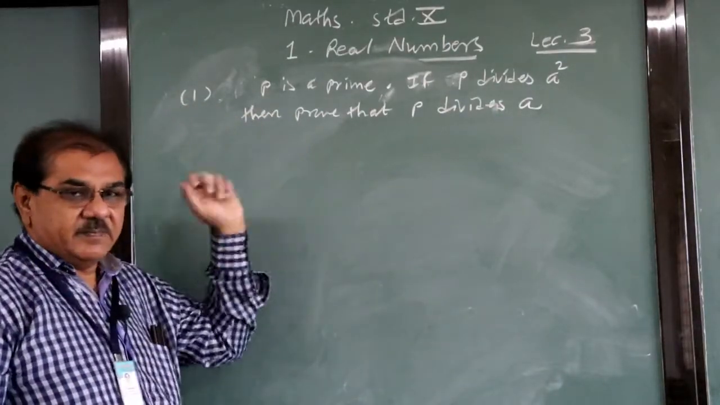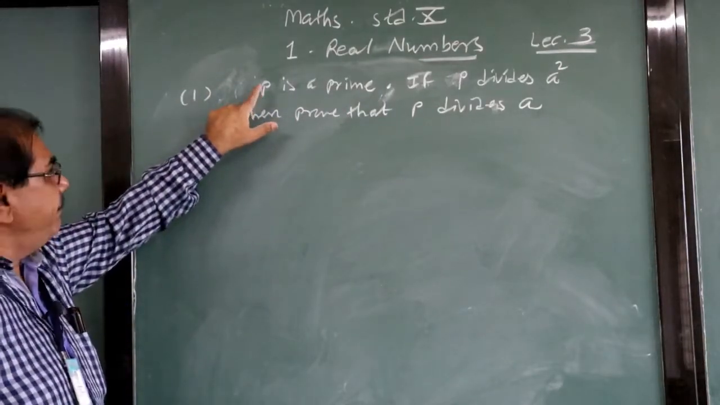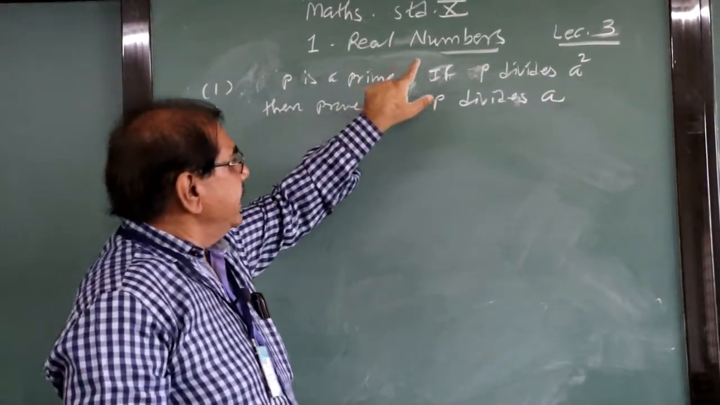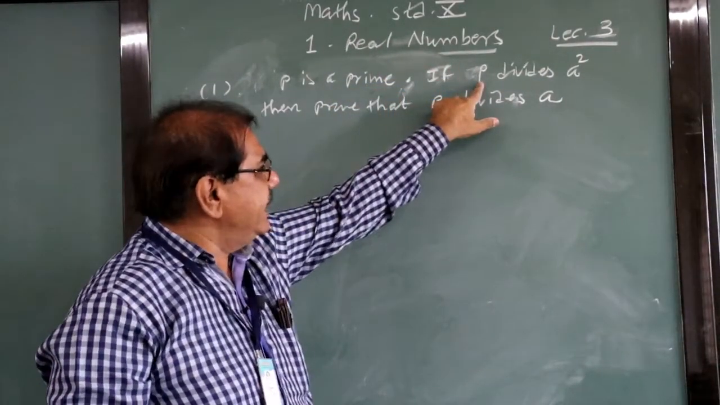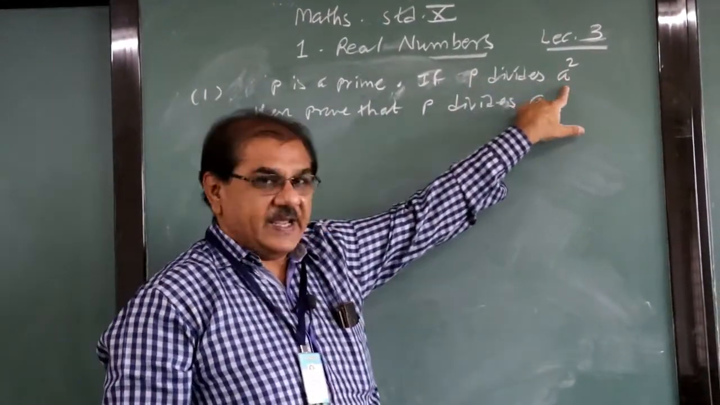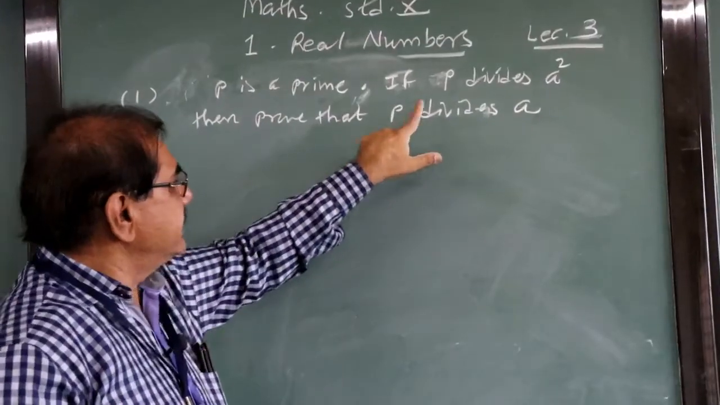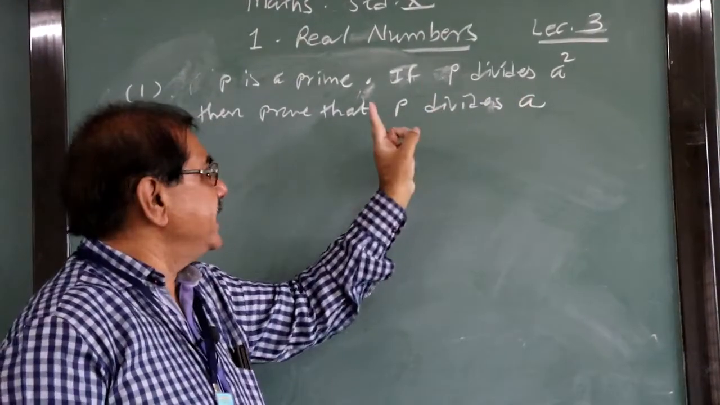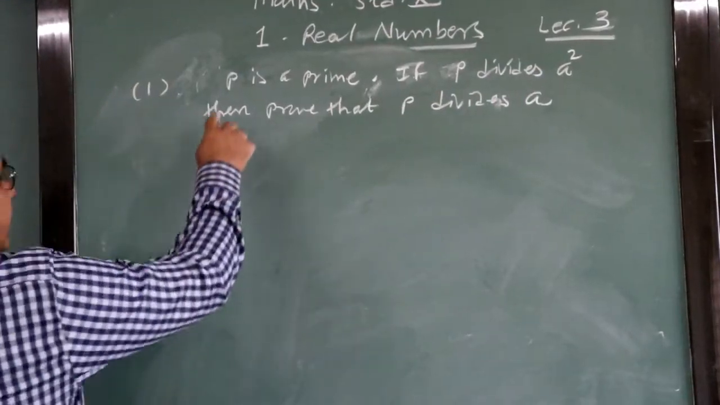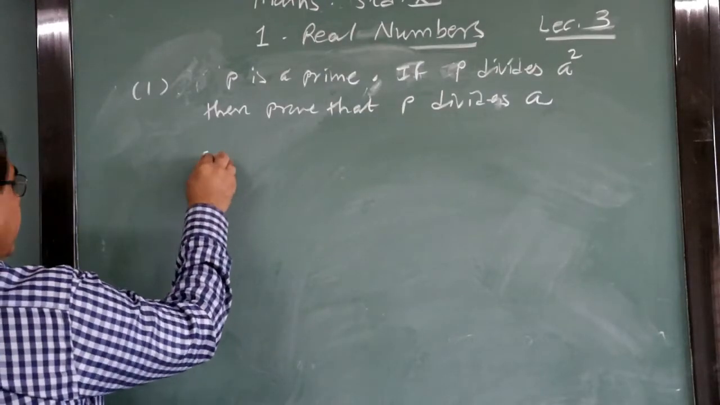Now we go ahead in this chapter and we have one question here. P is a prime number, it is given. If this P divides A square, means P is a factor of A square, then prove that P is also a factor of A, that is P divides A. This is your question, okay? And P is a prime number, that we know. So first of all, we suppose